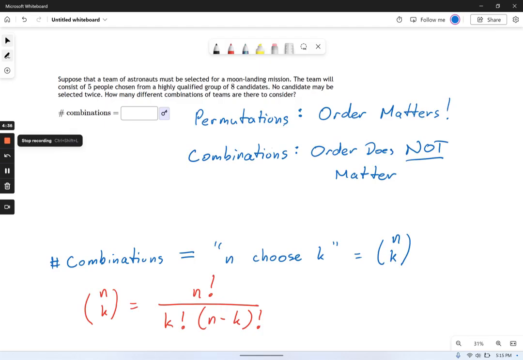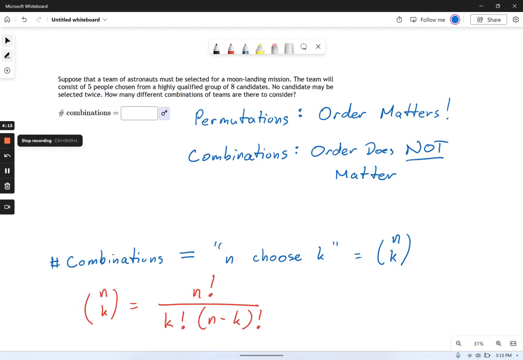Permutations, we're all familiar with. These are things like the code to get into your garage door, where you could type in 1234, maybe that's your code, and that would work, but 4321 would not work even though it's the same numbers. In that case, order matters. Combinations are different. With a combination, the order does not matter. We just want to ask how many ways there are to get a certain group of numbers.